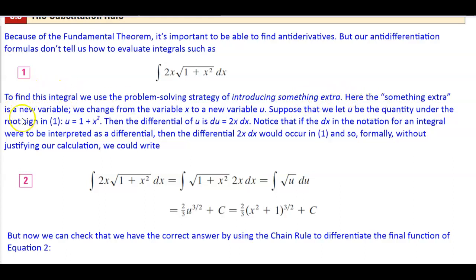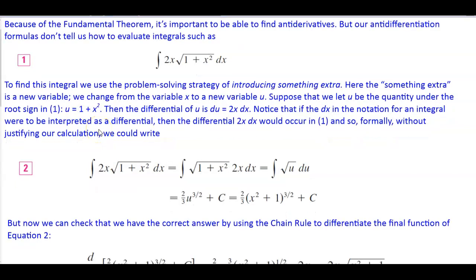Here, the something extra is a new variable. We exchange from the variable x to a new variable u. Suppose that we let u be the quantity under the root sign in number 1, where u is equal to 1 plus x squared. So I'm going to take a look here. You can see here we're going to let u,